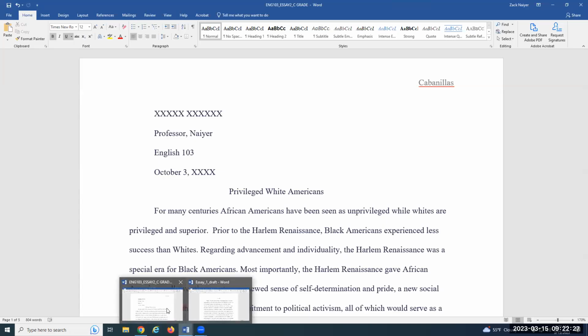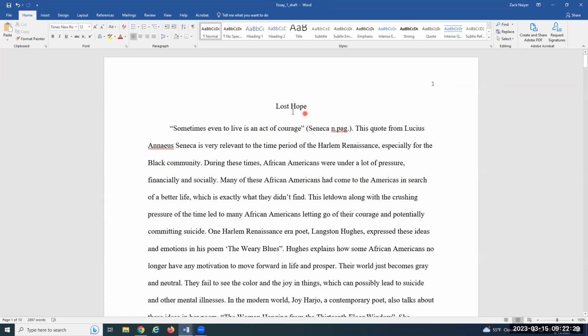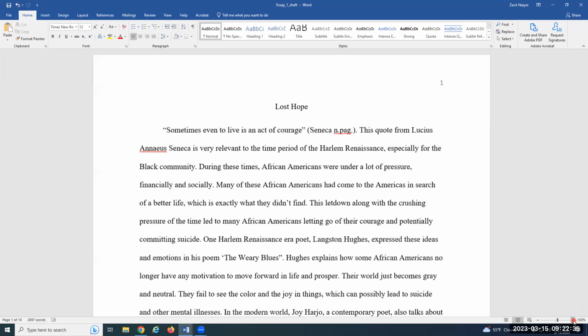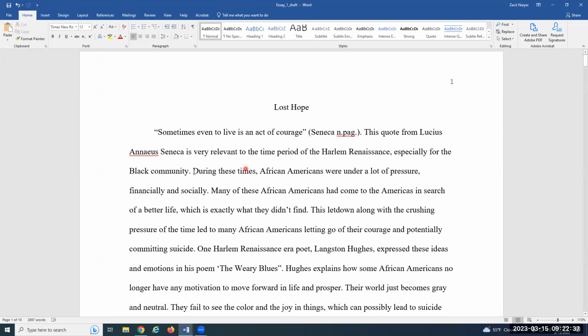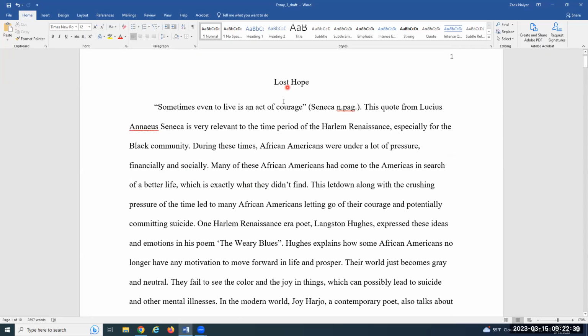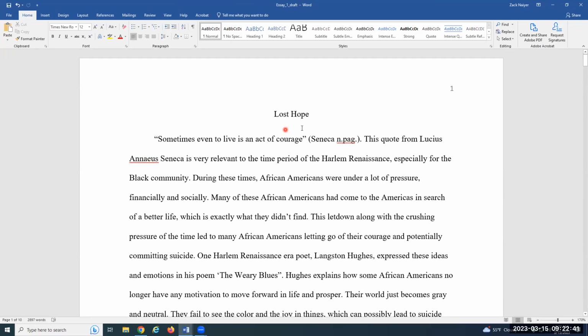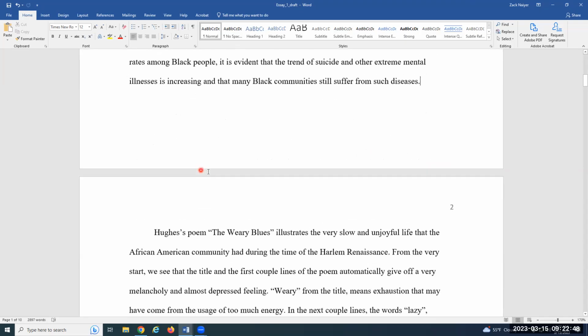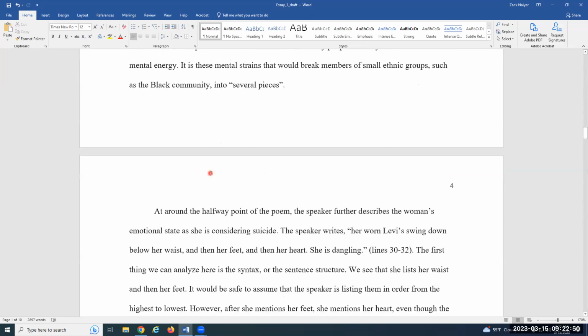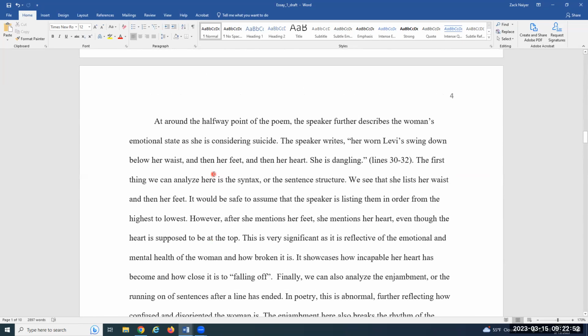Okay. So first of all, create an interesting title that grabs the attention of the reader. In this case, this writer definitely did that. It doesn't have to be that long, but it offers a certain attitude that the paper will have. Okay, so I'm just scrolling through, looking at, okay, so clearly page length is